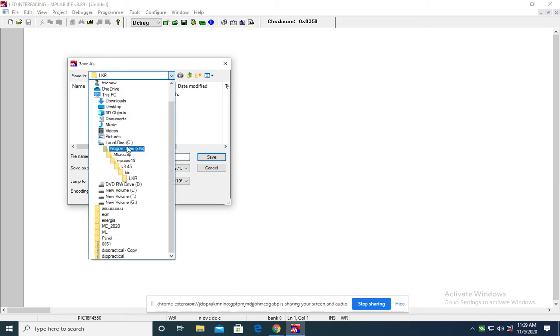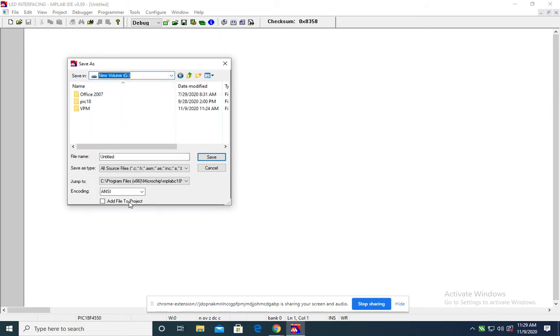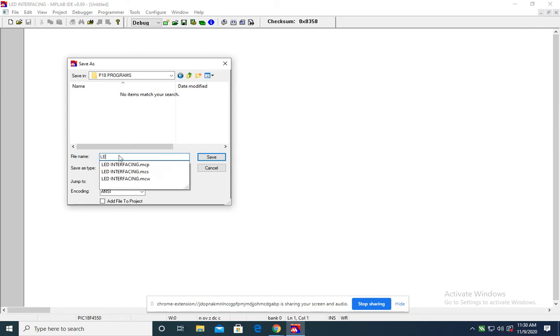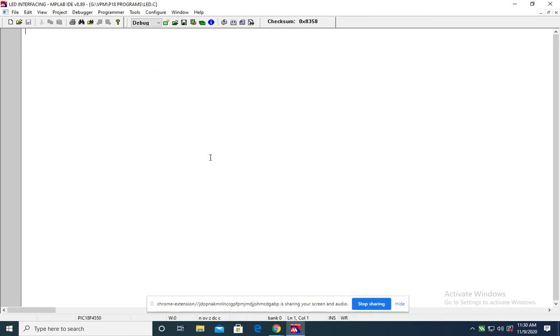I have created a p18 programs folder, so here I will save it as led.c. Mostly .c, because we are writing the program in C language. So this file is saved.